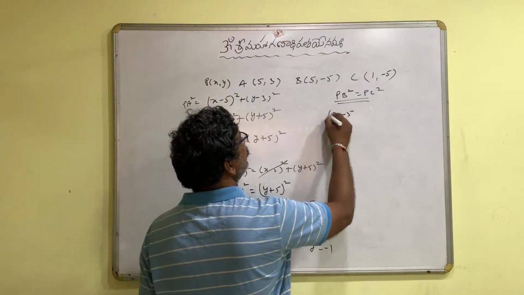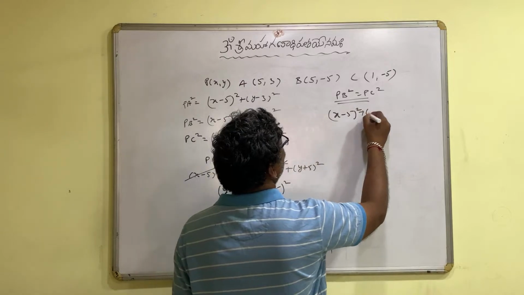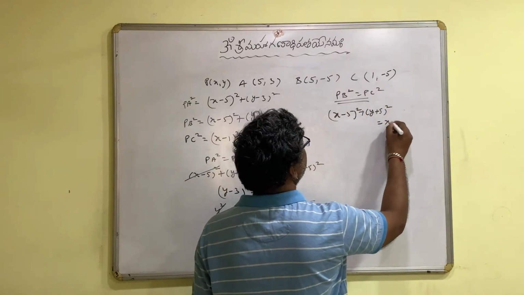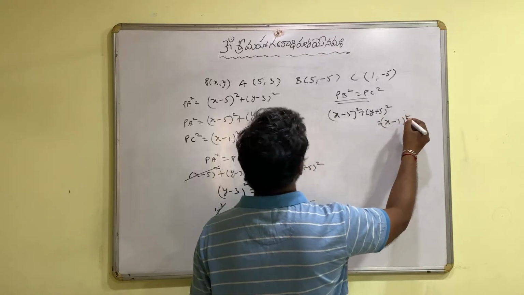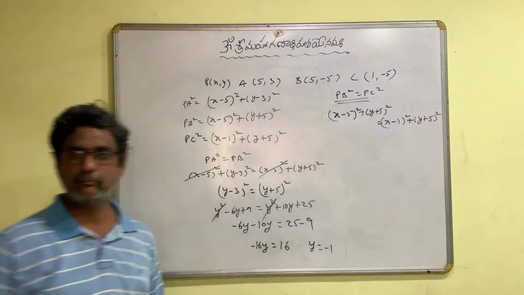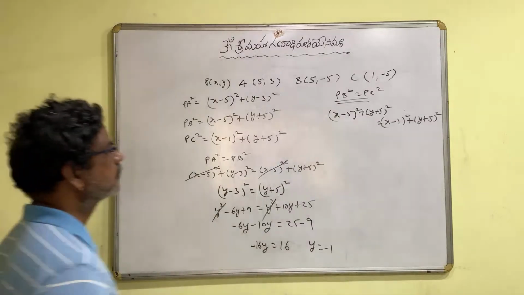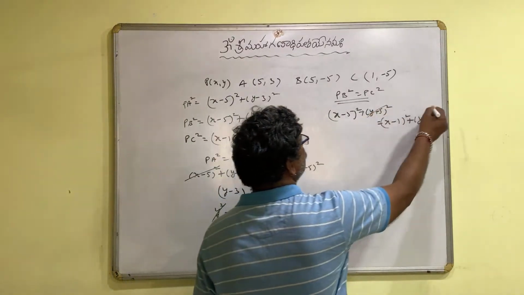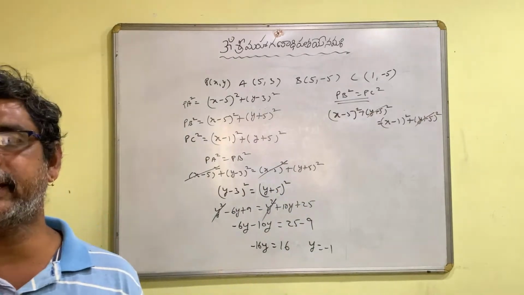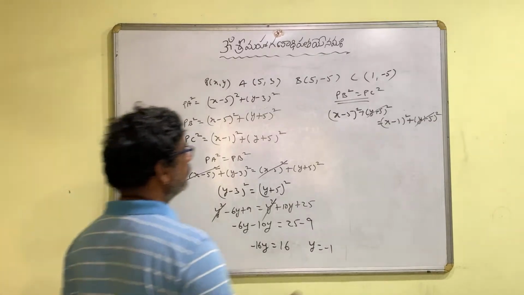X minus 5 whole square plus y plus 5 whole square is equal to x minus 1 whole square plus y plus 5 whole square. So y plus 5 whole square gets cancelled on both sides. And we will be remaining with